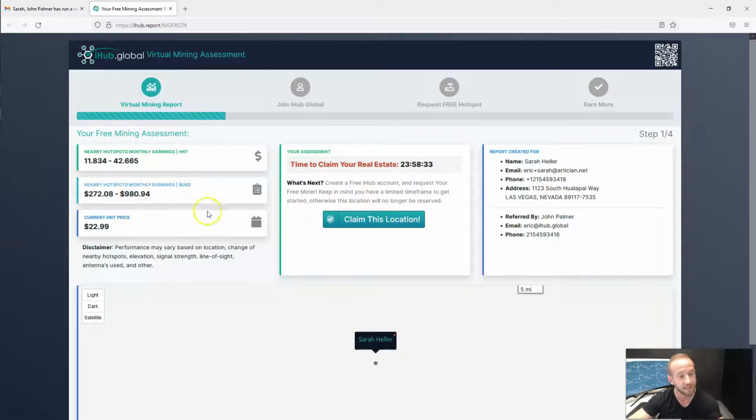So Sarah literally has the potential, if she were to follow this process and reserve her hotspot, when she receives it, she would have the earning potential of between 272 US dollars and 980 US dollars. That's incredible. As well as it's going to show the current price. So the way that we figure out the US dollar earning potential is that we take the value of the HNT, we multiply it by the current actual real-time price of Helium, of HNT,